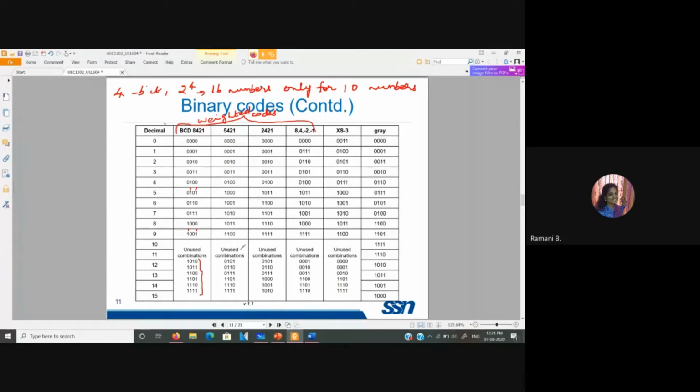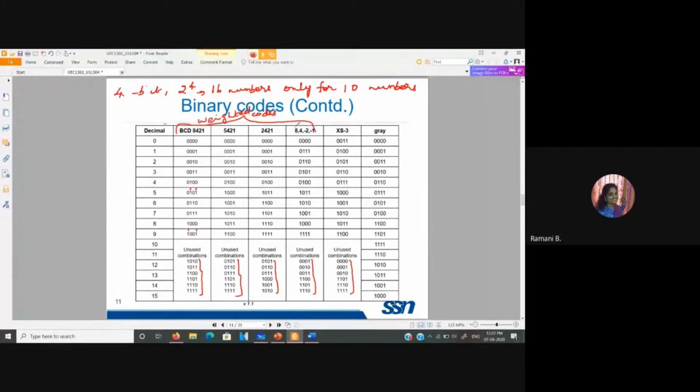This is in case of 8421. This is in case of 5421 code. And with respect to this 2421 code, you have another different combination. So this unused combination will not be the same in all these cases. Each will be a different one. Okay. So these are weighted codes.